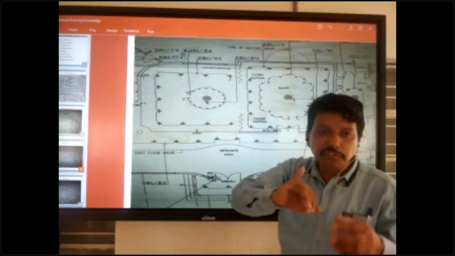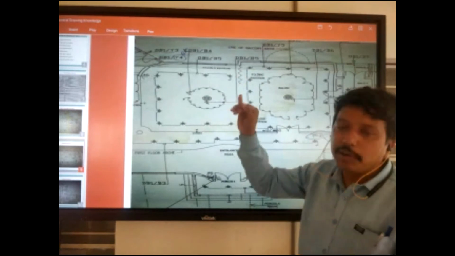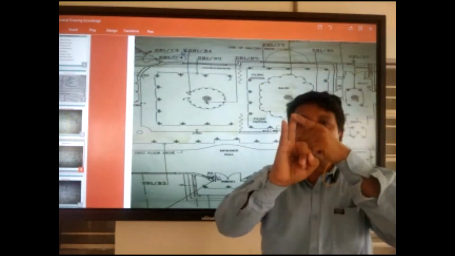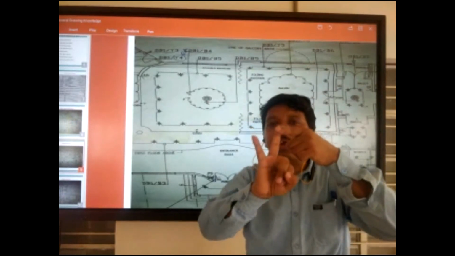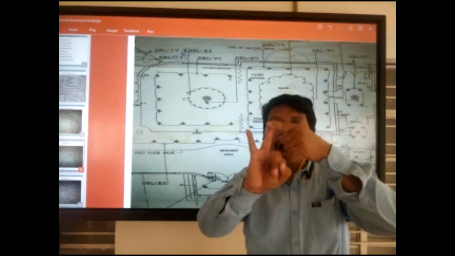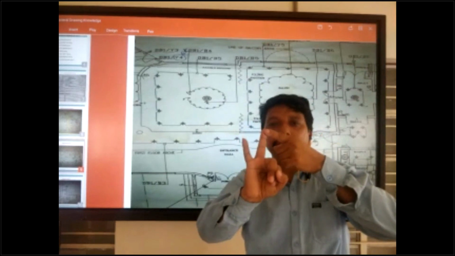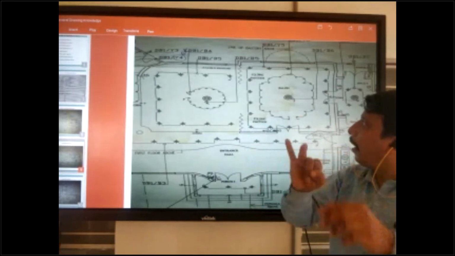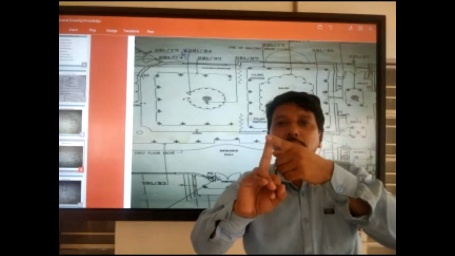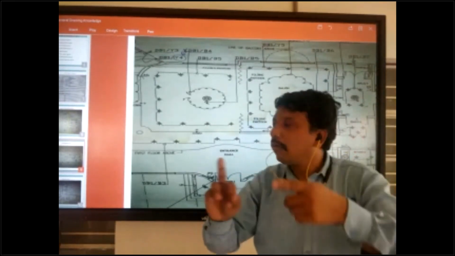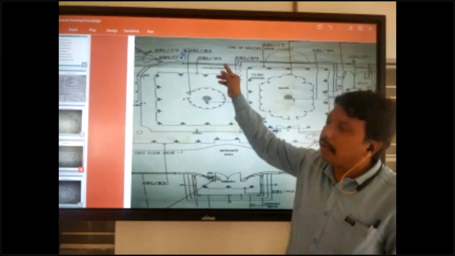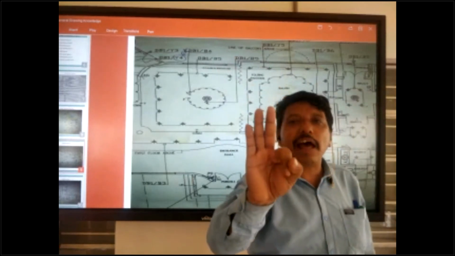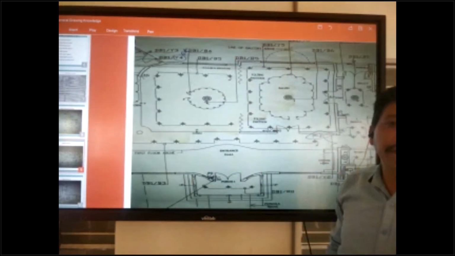First, you take the knowledge of the DB. Where is the DB location? Next is the switch location. Where is the switch location, and which types of switch: one way, two way, intermediate? This chapter is also coming, you can check it. And next is the circuit number: number 1, number 2, number 3, and red phase, yellow phase, blue phase. Only these three things are important for lighting drawing.